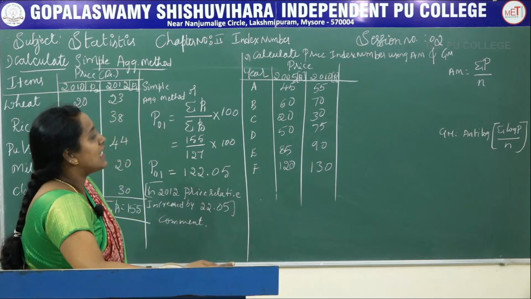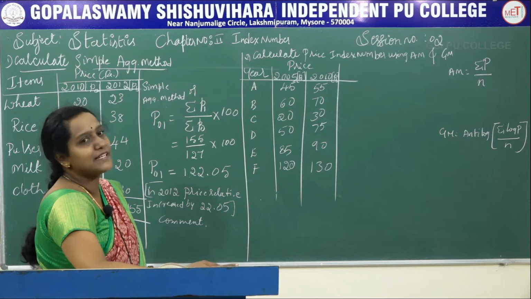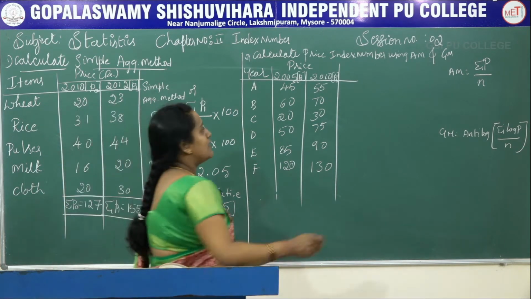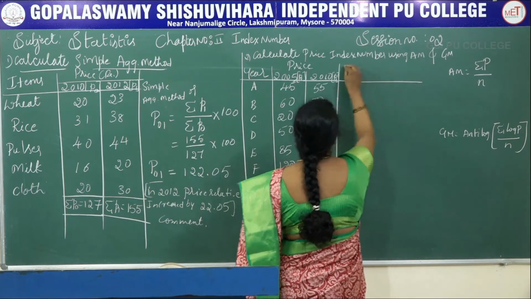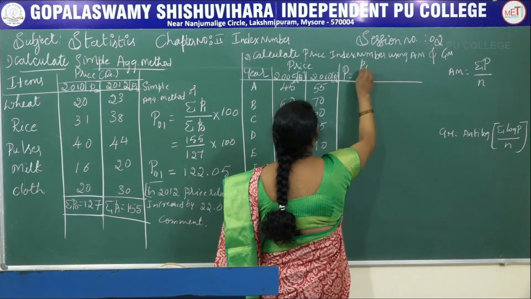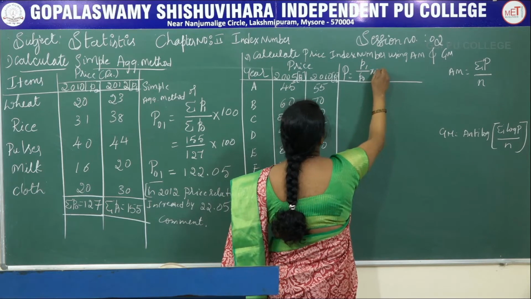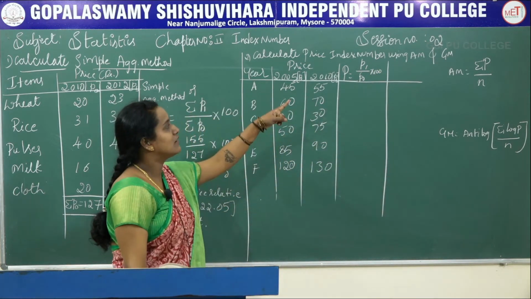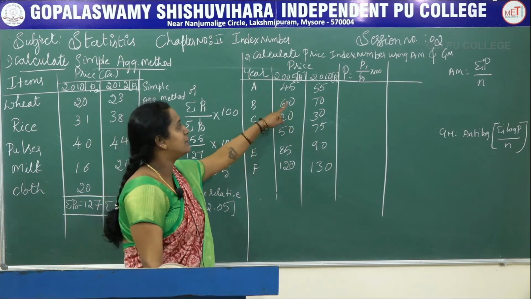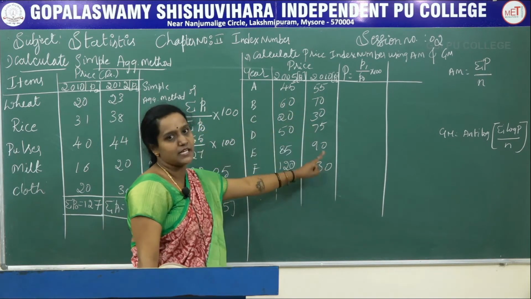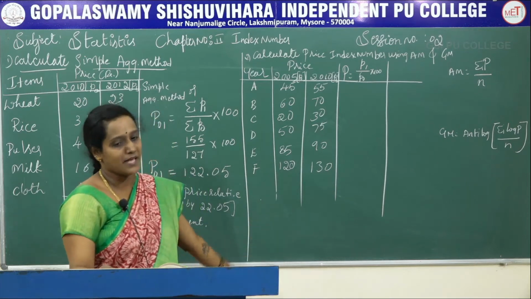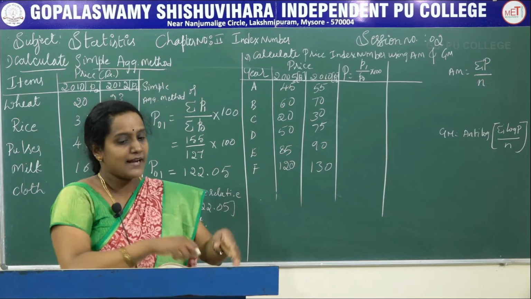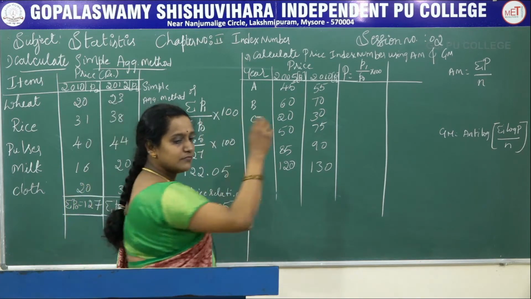To calculate the arithmetic mean, we first have to calculate the capital P, that is the price relative. Capital P is P1 by P0 into 100. To find capital P, we have to take the ratio of the current year and the base year, then multiply that by 100. And the values are like this: